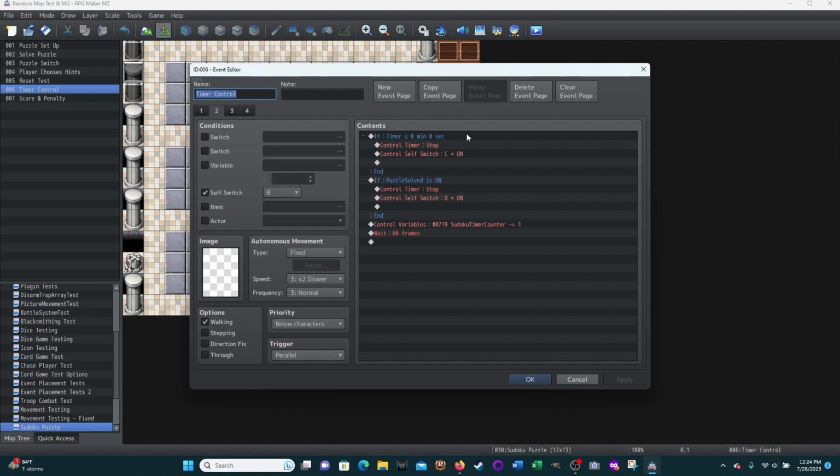So what is this page doing? Well, first thing it does is it starts cycling through these checks. First thing, conditional branch. If the timer is less than or equal to 0 minutes, 0 seconds, that means the timer has run out, then stop the timer. So turn the timer off, so the timer should disappear, and turn self switch C on, so you can advance